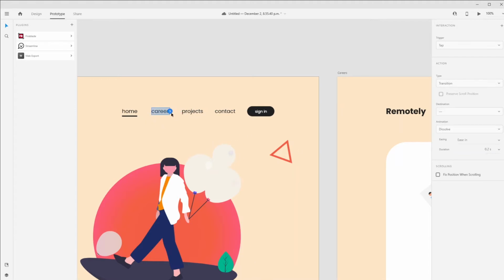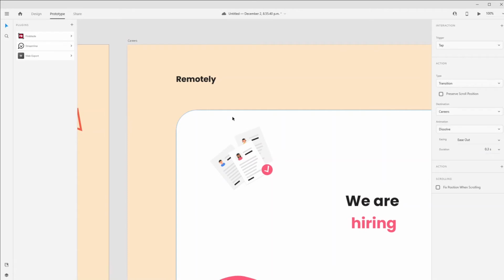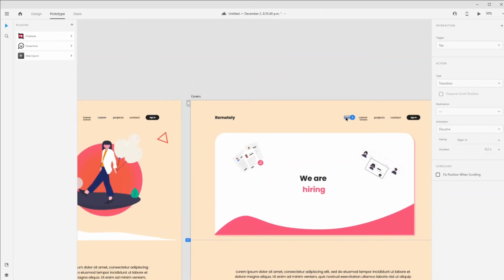So again, what I did was I'm in prototype mode, I click on career, and then just drag this over here. And I'll show you how to do it in Figma as well in a second. And same thing over here, we're going to select home, and we're going to go over here. So I have it set to